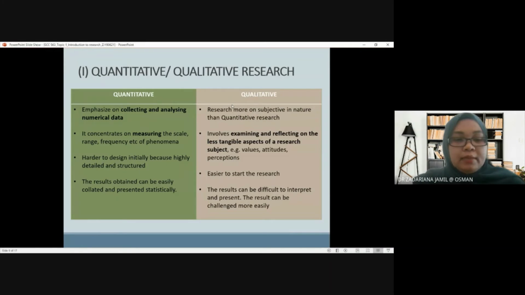The final one is that the results obtained can be easily collated and presented statistically. So your result is very presentable, somehow concrete. No one can